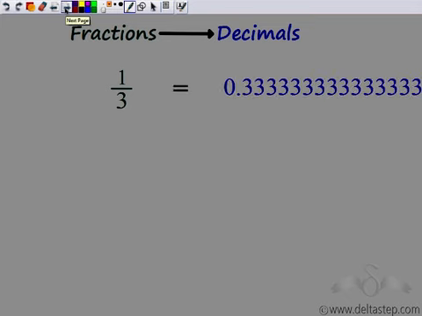So 0.333 is never ending. So how do I write this number? It has infinite number of 3's. How do I write it? What I can do is write some 3's and put 3 points here.